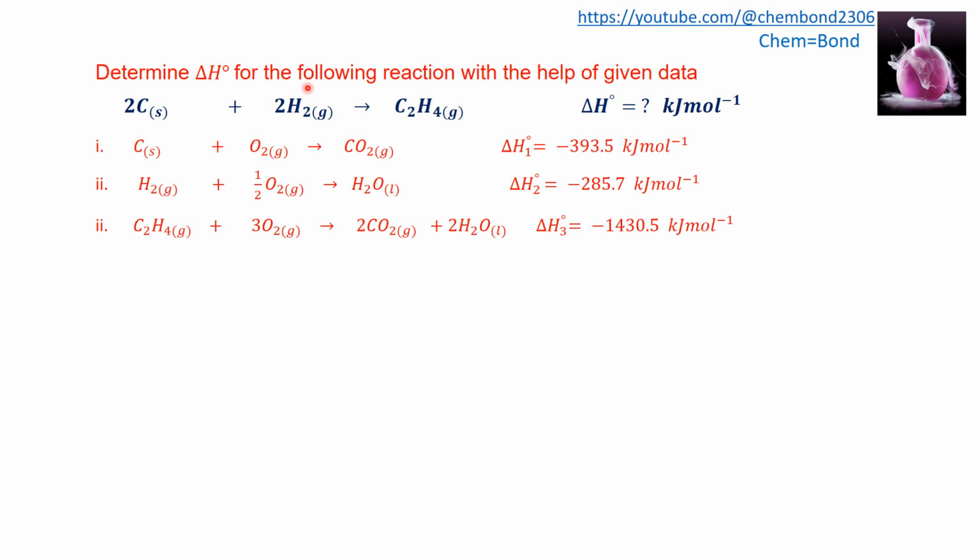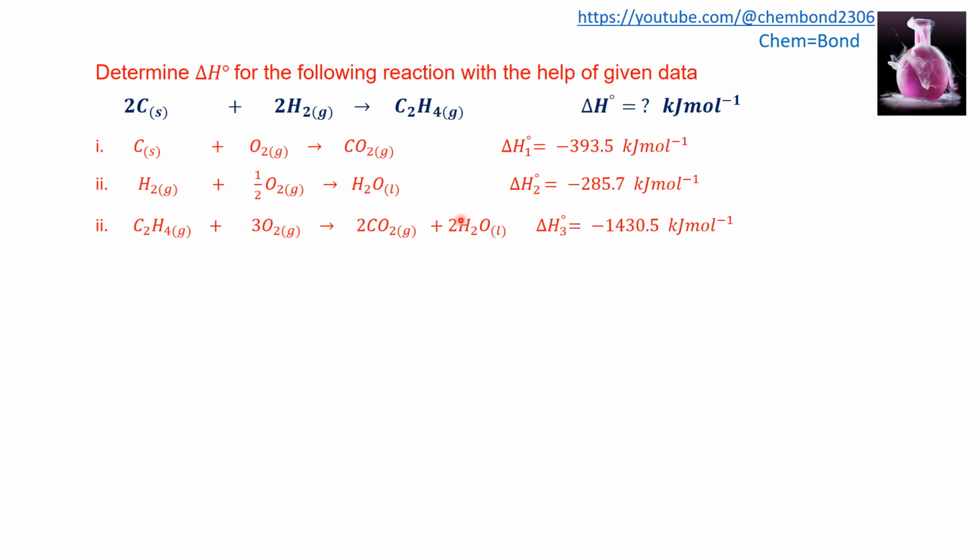Determine delta H for the following reaction with the help of given data. 2 moles of carbon will combine with 2 moles of hydrogen and produce an ethene molecule. We will find the enthalpy change for this reaction. 3 further reactions are given, in which carbon dioxide is produced, water is produced, and the third is the combustion